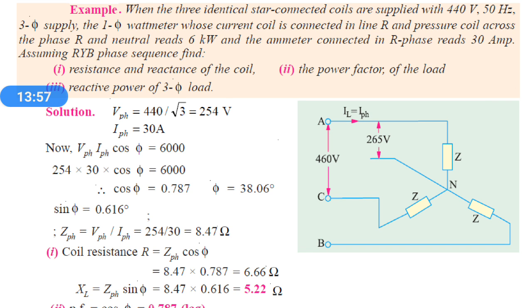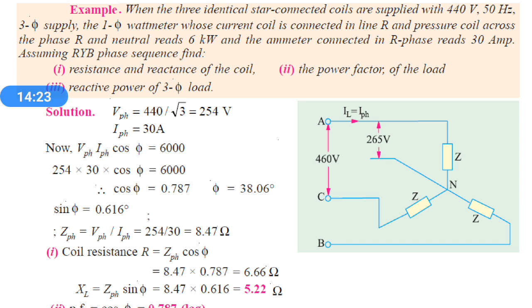In this problem, the given figure is not matching the question, the figure is changed. So just consider the questions. Here are 3 identical coils, that means the load, 3 coils, connected in star. The supply is given as 440 volt, that is line voltage, 50 Hz 3-phase supply, and a wattmeter connected across R